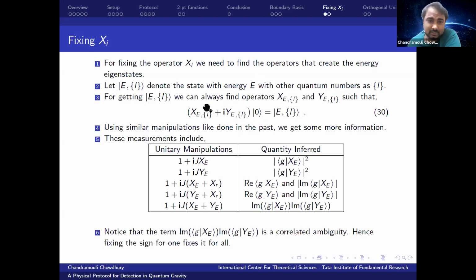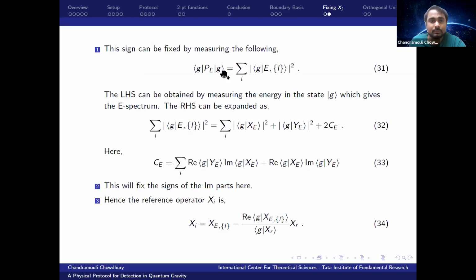And you can think of these as analogs of those. Now again, you'll be using some very similar measurements to those we have discussed in the past. You can act on the state G with such unitaries, and then you can get this kind of information. I'm not going into the complete description, but let me just tell you how you would construct xi,